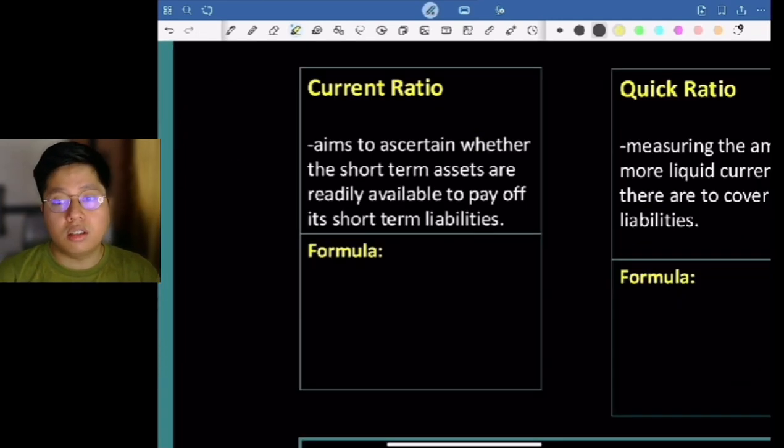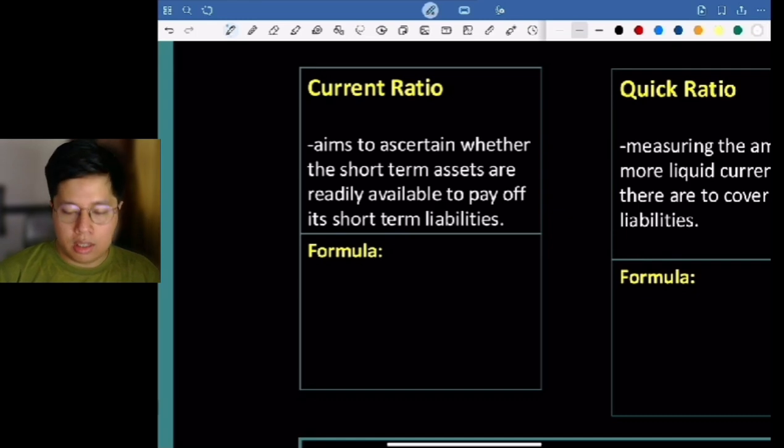Let's first discuss the definition of the current ratio. Current ratio is used for us to know what is the level of relationship between the total current assets and the total current liabilities. This ratio is used to determine whether short-term assets are readily available to pay or settle short-term liabilities. Our formula is total current assets